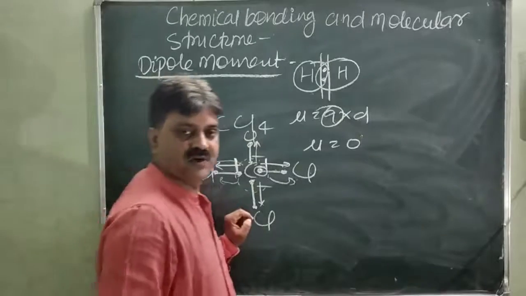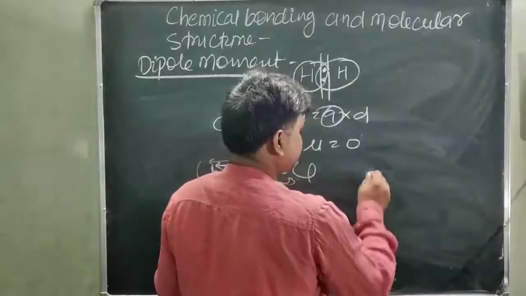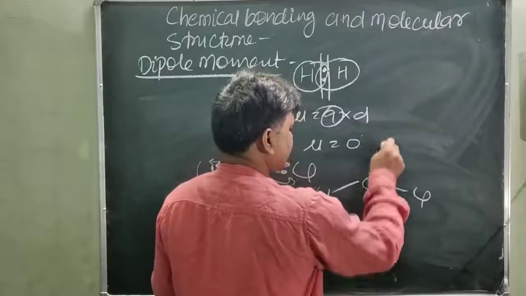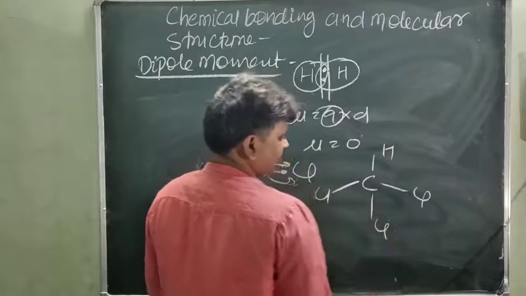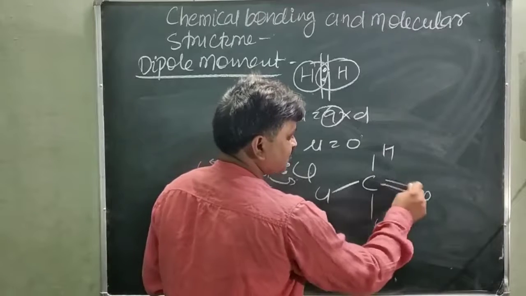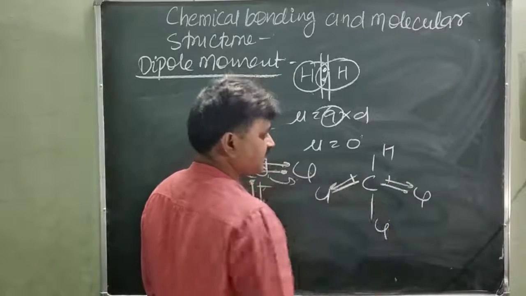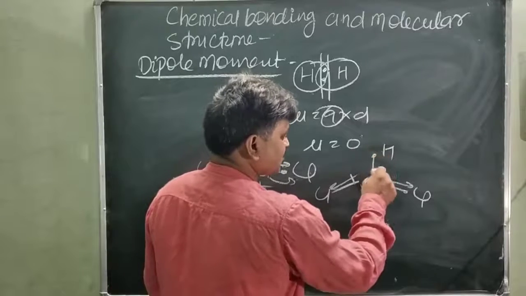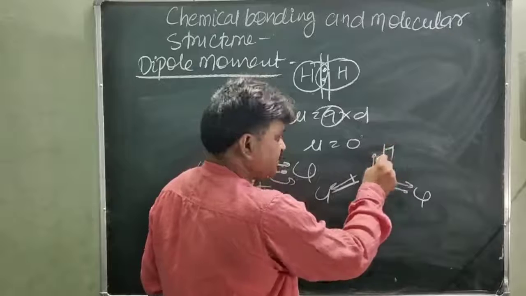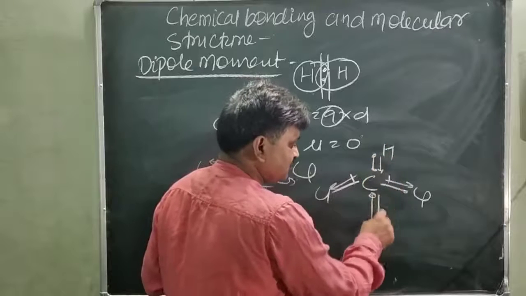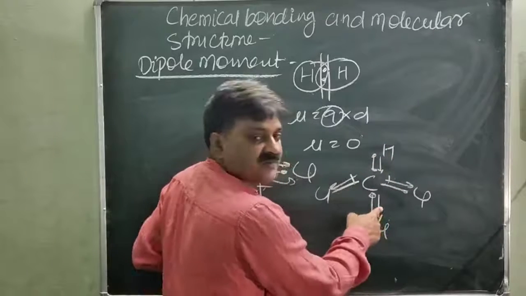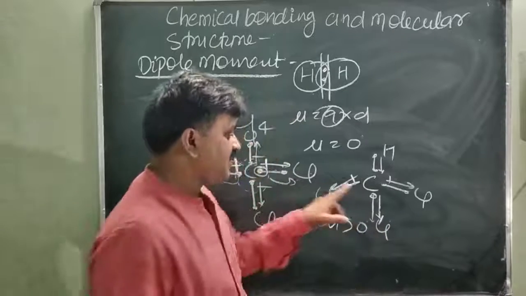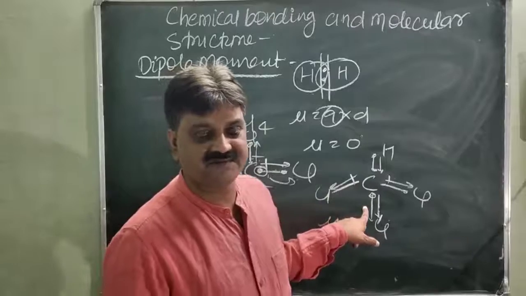However, in case of chloroform, you will see here, this is C, H, and Cl, Cl, Cl. You will see here, these electrons cancel each other because the same kinds of atoms are present. But here, chlorine, and now here is hydrogen. So hydrogen is less electronegative. This pulls the electron and chlorine here also pulls the electron. So this is the movement of electron, charge is positive. So here mu is greater than 0. Here the dipole moment is found.